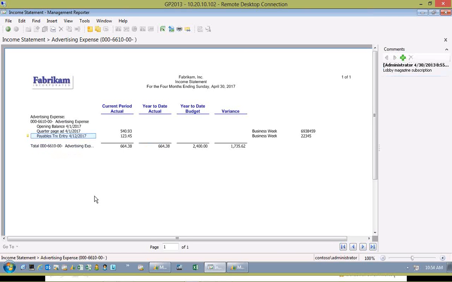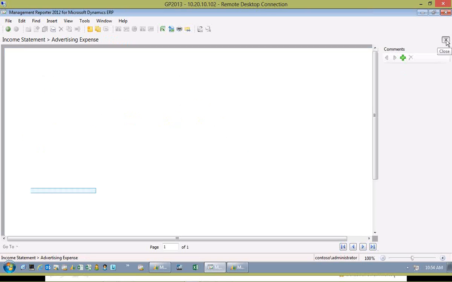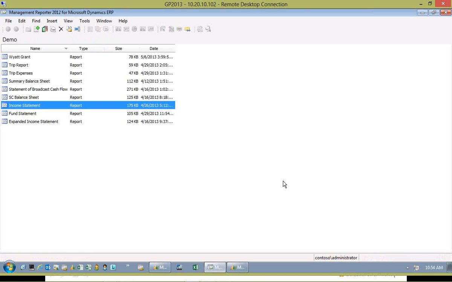And so this can prevent and actually save a lot of time for you as you're publishing your financial reports, allowing individuals to drill down and see comments that you've recorded or that others have recorded about specific transactions. It saves that time on the phone when you're asked to pull invoices and things like that, because they really have everything right in front of them: the invoice number, who it was, a description of what it was, when it happened, and how much. So that's another example, and hopefully that illustrated the drill down capabilities of